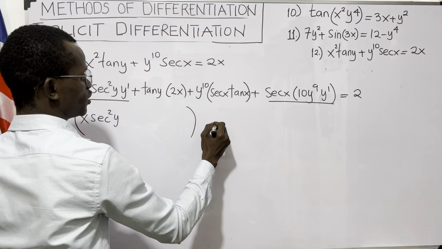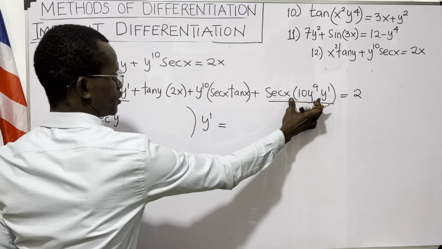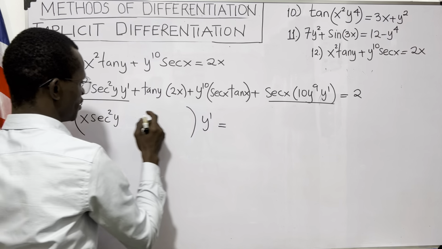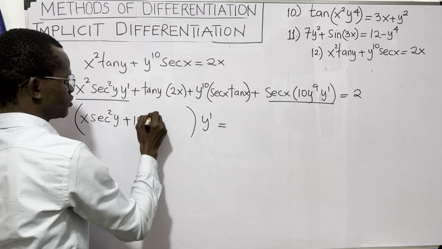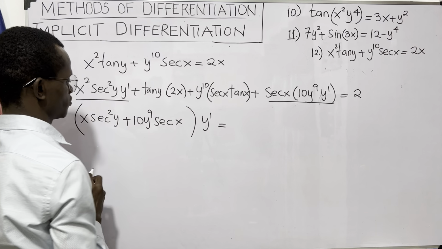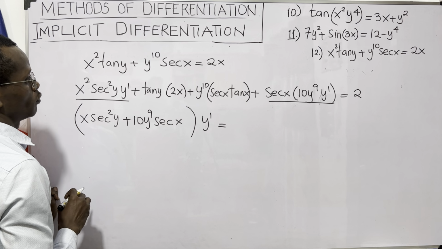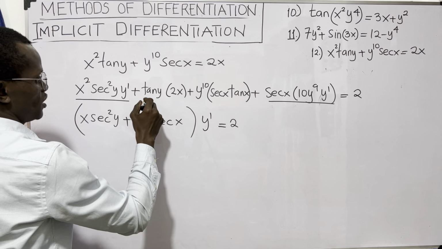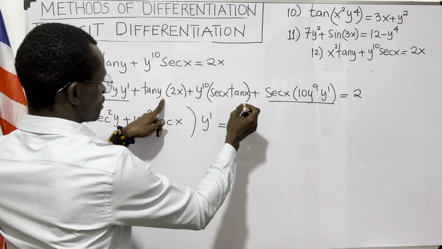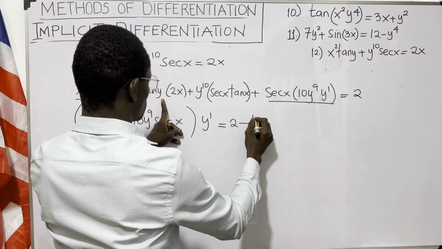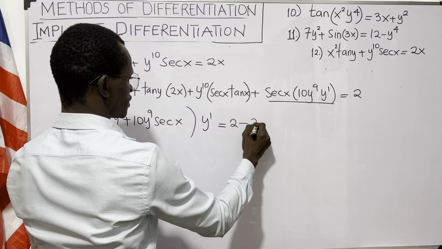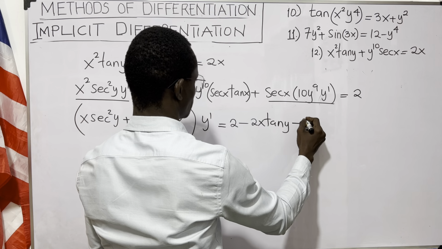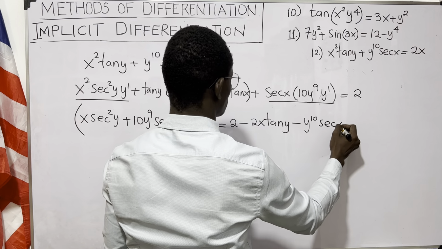They are both on the same side of the equation. So this is y prime times this expression, which is x secant square y plus 10y to the 9th power secant of x. And then on the right hand side of the equation, we have 2. We send this term across, this term and this term. So it becomes 2 plus 2x tangent of y, and this one is minus y to the 10th power secant of x